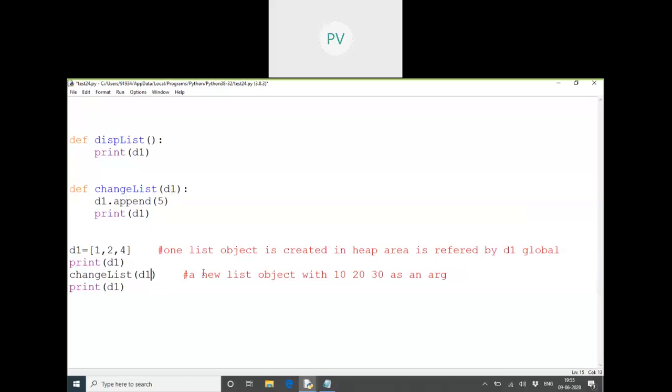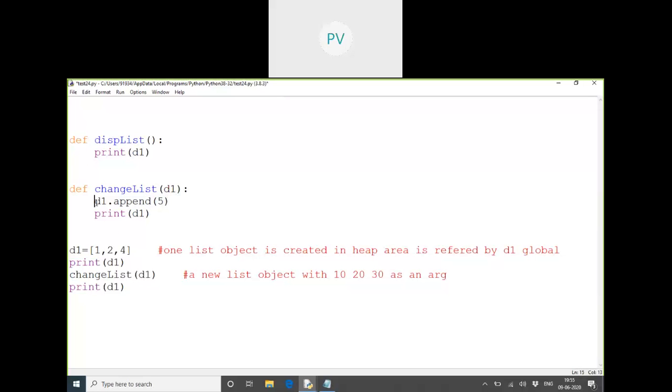Now what will be the output here? Just see the list. There's only one global list. I printed initially 1, 2, 4. After that I'm calling the function and what did I pass to it? Which list am I passing? Global list, ma'am. Global list only I passed it. So this list is a global reference, but it is stored in which reference right now? Local reference. Only the variable names are same, but they are not the same variables. This is a local variable and this is a global variable.